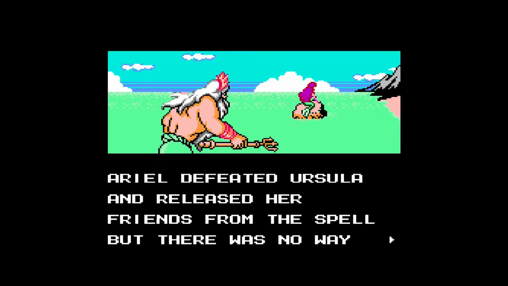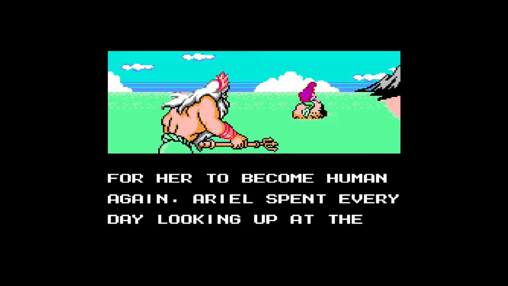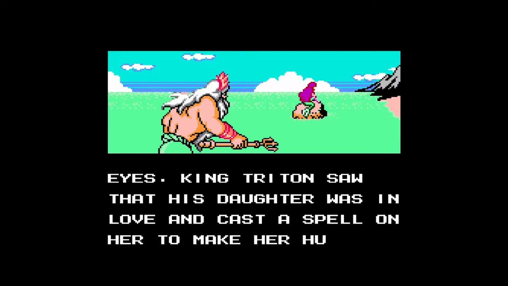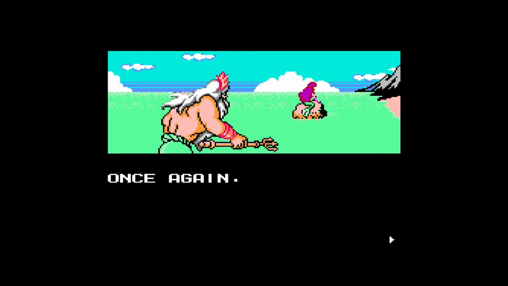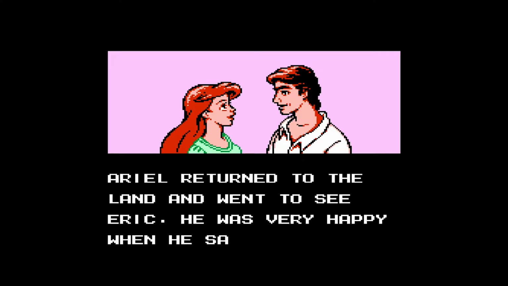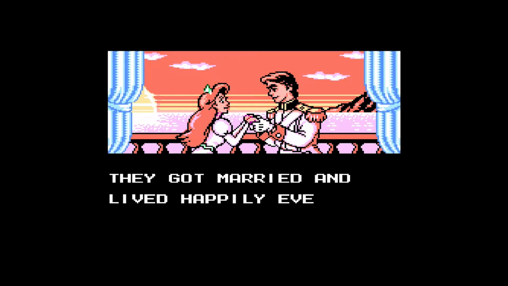Ariel defeated Ursula and released her friends from the spell, but there was no way for her to become human again. Ariel spent every day looking up at the land with tears in her eyes. King Triton saw that his daughter was in love and cast a spell on her to make her human once again. Ariel returned to the land and went to see Eric. He was very happy when he saw her, and he swept her into his arms. Ooh. They got married and lived happily ever after. And then it says the end,